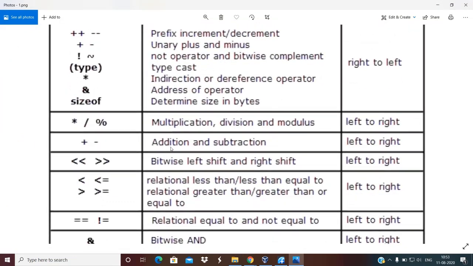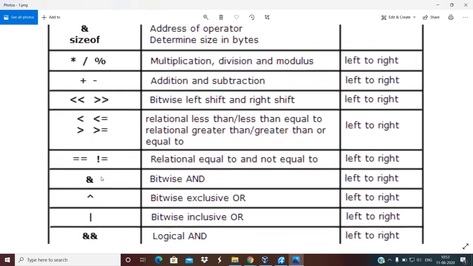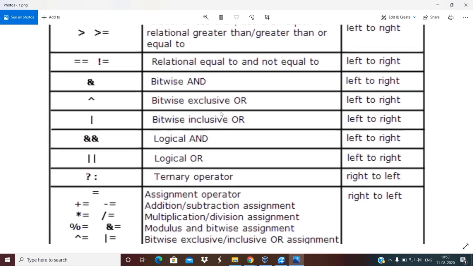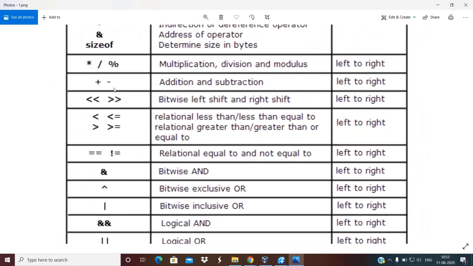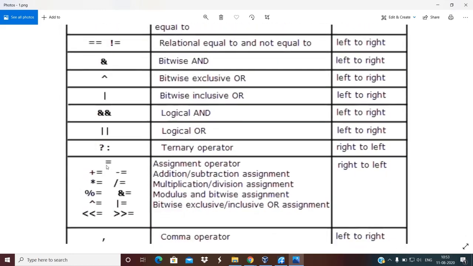Compared to assignment, plus and minus have higher priority because they are in the initial rows, and equal to is in a row far below.